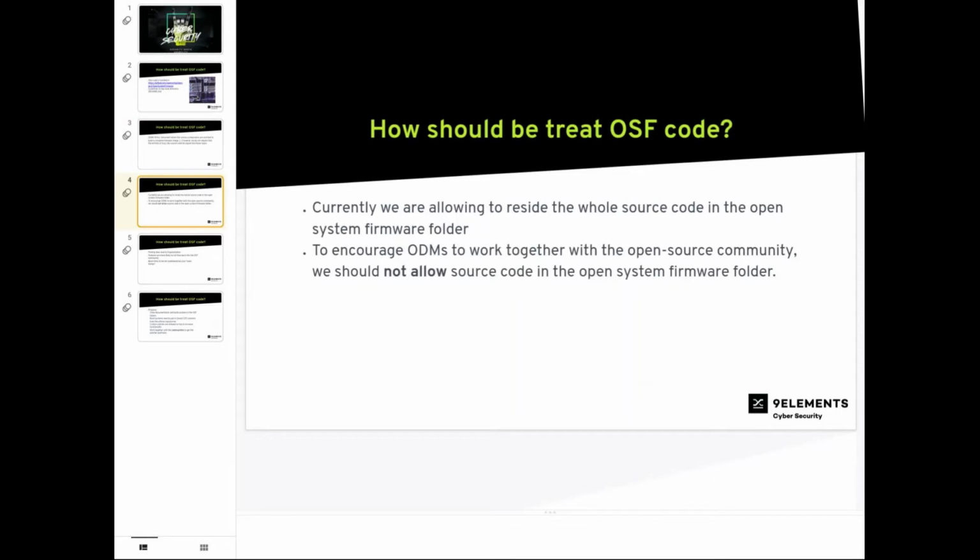So what that means is that we are currently allowing the ODMs and IBVs and whoever is there to put the whole source code in that open system firmware folder or repository. And I think that is actually not a good idea, because